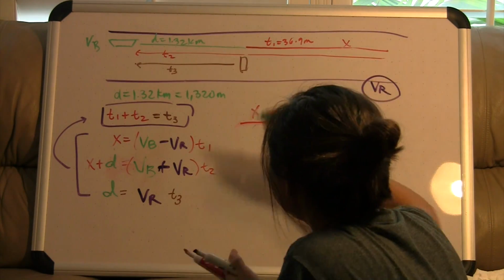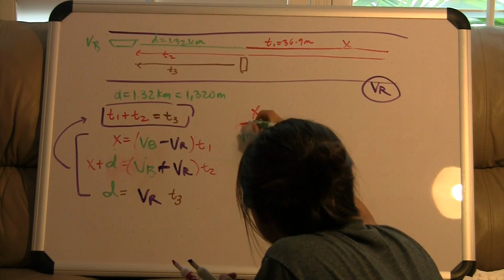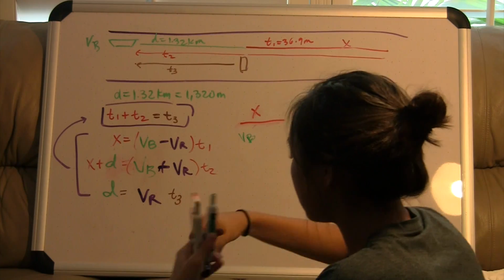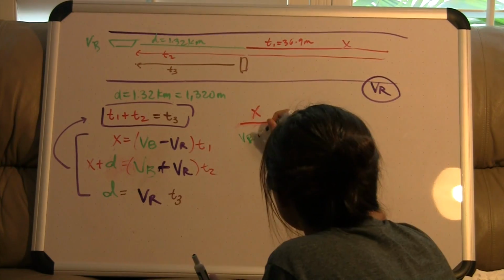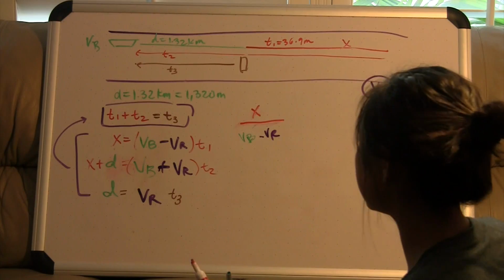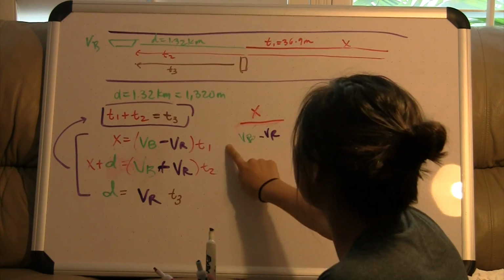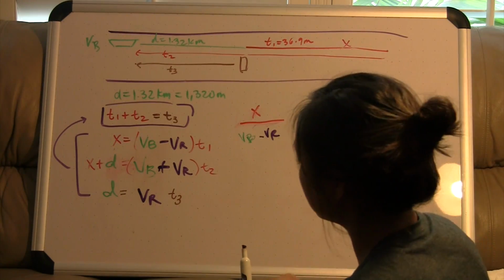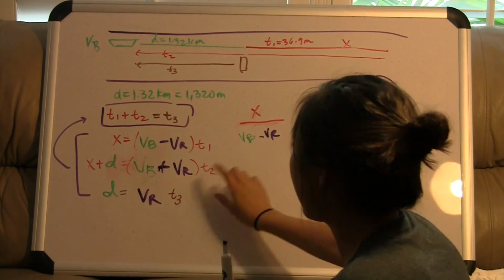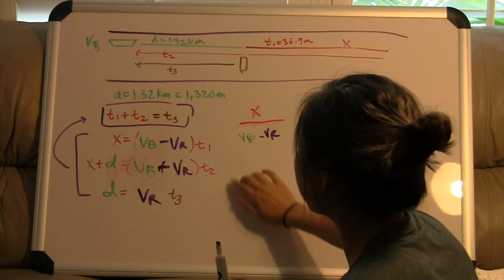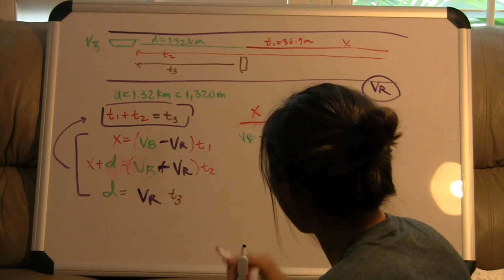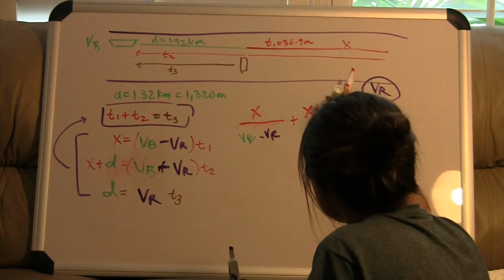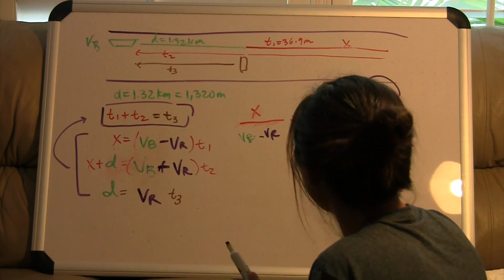the velocity of the boat minus the velocity of the river. So if you see, this is just T1, so we got this from this equation right here. Okay, so that's T1, and then we add T2, which we get by doing the same thing. So that would be x plus d divided by,